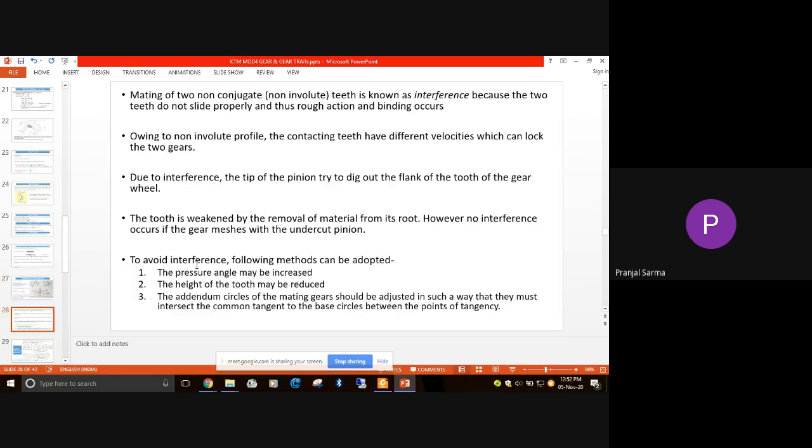Another way is that the addendum circles of the meshing gears should be adjusted so that they intersect the common tangent to the base circles between the points of tangency. That means by carefully designing it so that it always